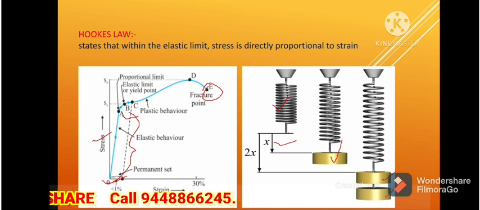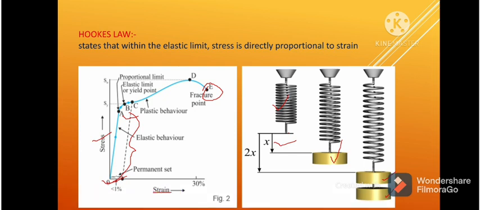This is the elastic behavior. Within this limit, if you remove the load, the wire comes back to the original length. That means the deformation you have done reforms and comes back to the original. Further, if you increase the load beyond A, then from A to B the permanent stretch takes place. Beyond B, completely plastic behavior starts. Elastic to plastic behavior starts; that is called the yield point.